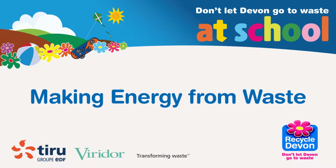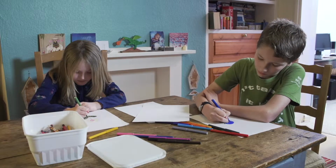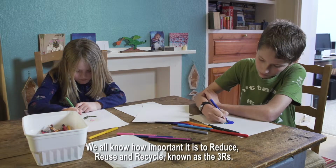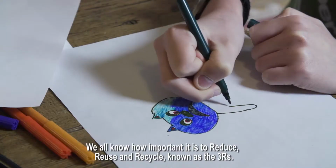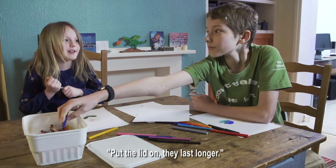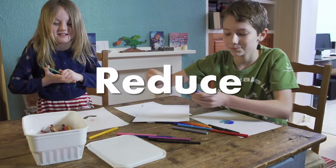Making energy from waste. We all know how important it is to reduce, reuse and recycle, known as the 3 Rs. Come on, tea's ready. Put the lid on, they last longer. Reduce,